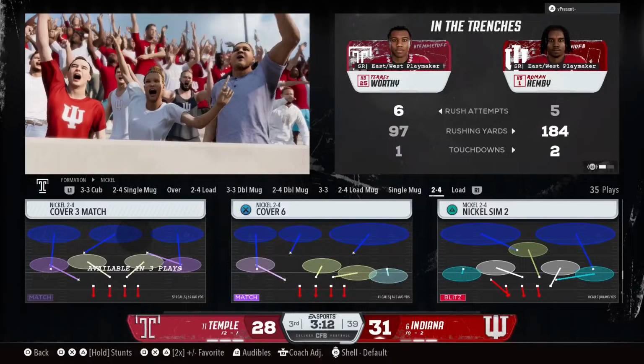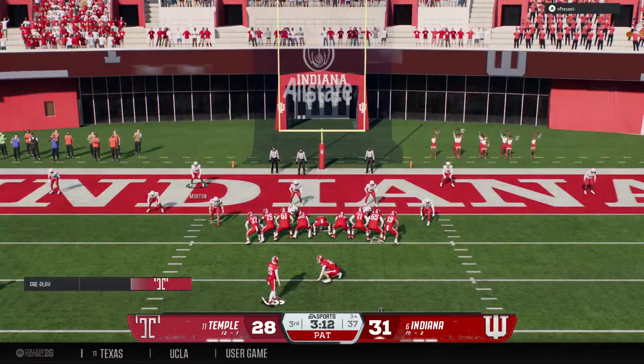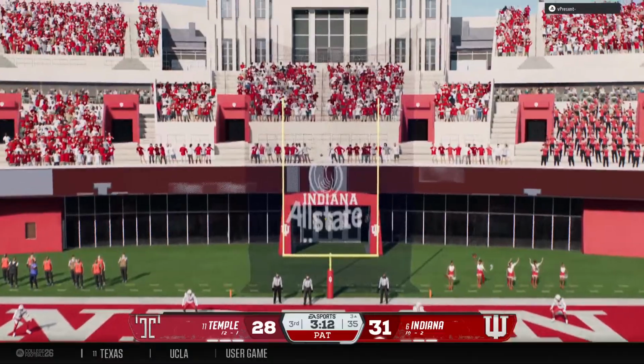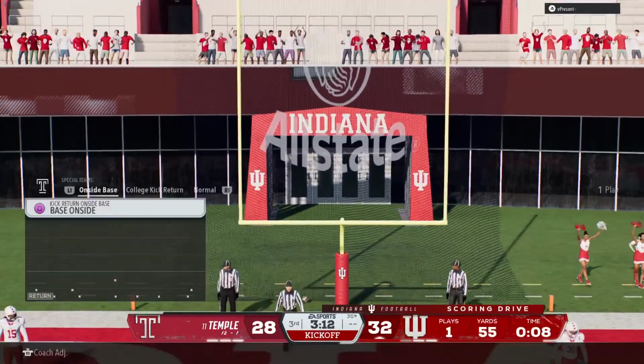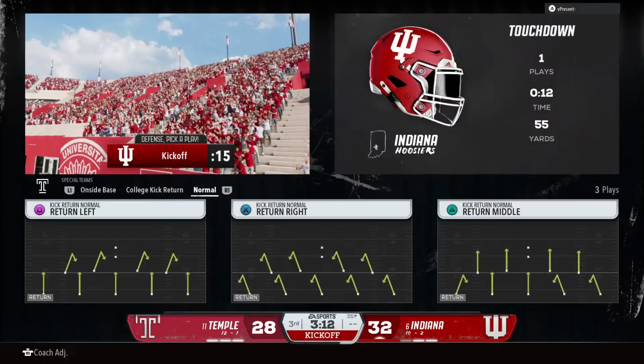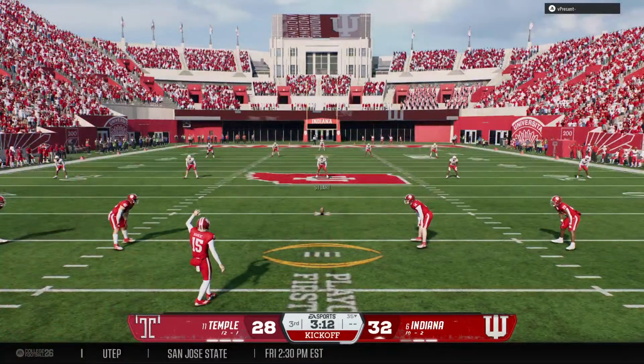I don't know if this defense was caught sleeping or walking in mud. I can't pick which one. Maybe it's both, because the running back just went right by them so easily for the big gain and a big-time score. The extra point makes it a 4-point game. You got momentum after scoring that touchdown.